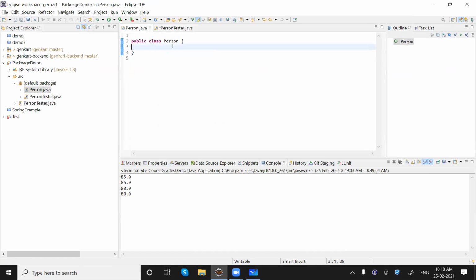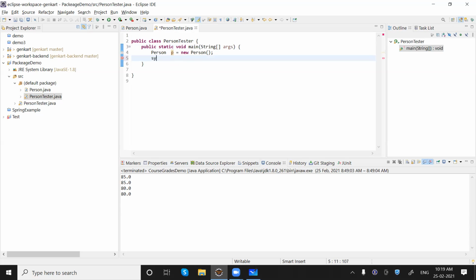Right now we don't have anything in this Person class, so let me quickly create int age and String name. As we haven't written anything with these, these will be default. I can access them like print p.age, p.name.